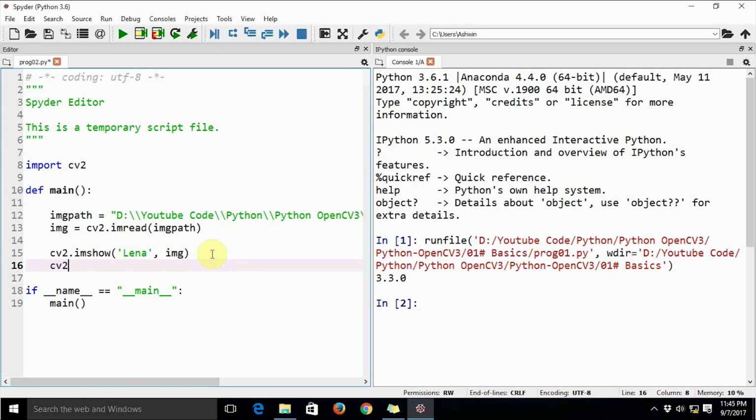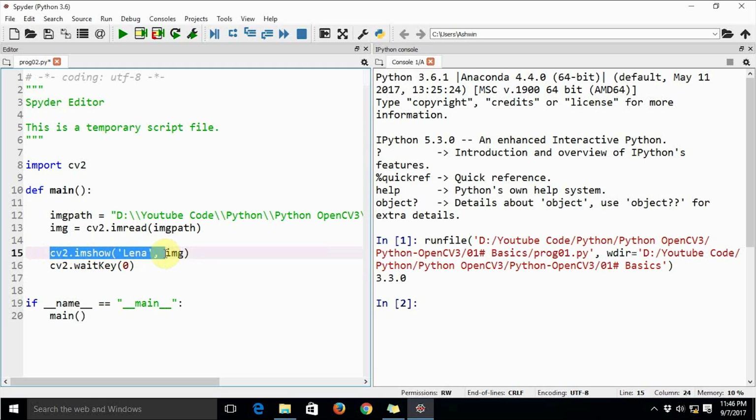Then we will have to mention cv2.waitKey. This is to bind the keyboard event with the cv2.imshow method, the call of this cv2.imshow method, so that the method works correctly. In case you are not going to use this waitKey method, the above method will not work correctly. And finally, we are going to destroy the window,